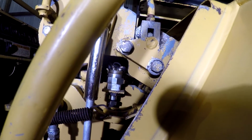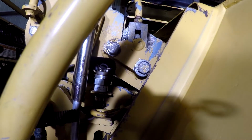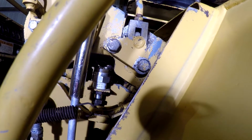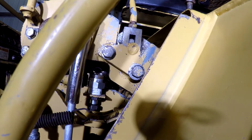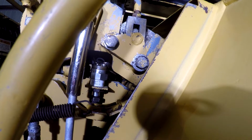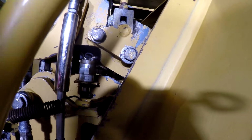So what I figured out by testing, as I say, this is a brand new neutral safety switch slash park brake switch, whatever you want to call it, right here, that the guy put on there. And it was obviously doing this with the old switch that was on there, because they had that wire tied down there to ground that circuit to make the brakes released all the time like they should, instead of intermittently, evidently. So I'm saying that that new switch is bad, and I've come to that conclusion by using my voltmeter/